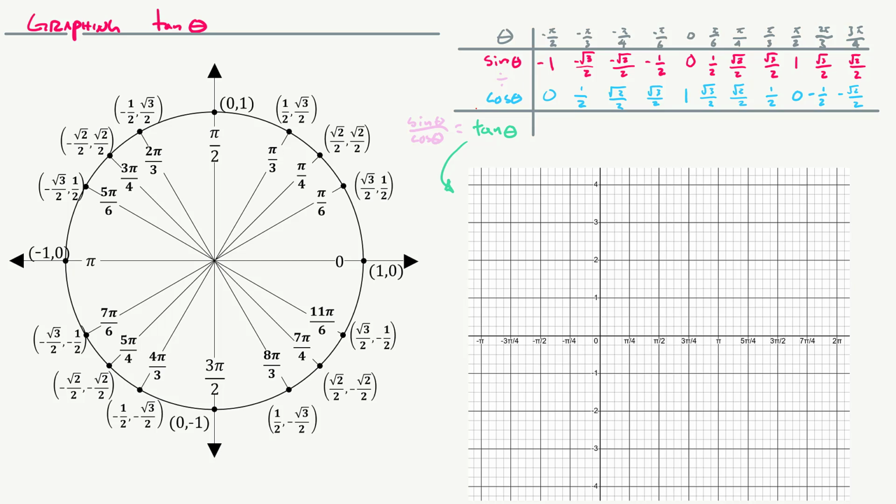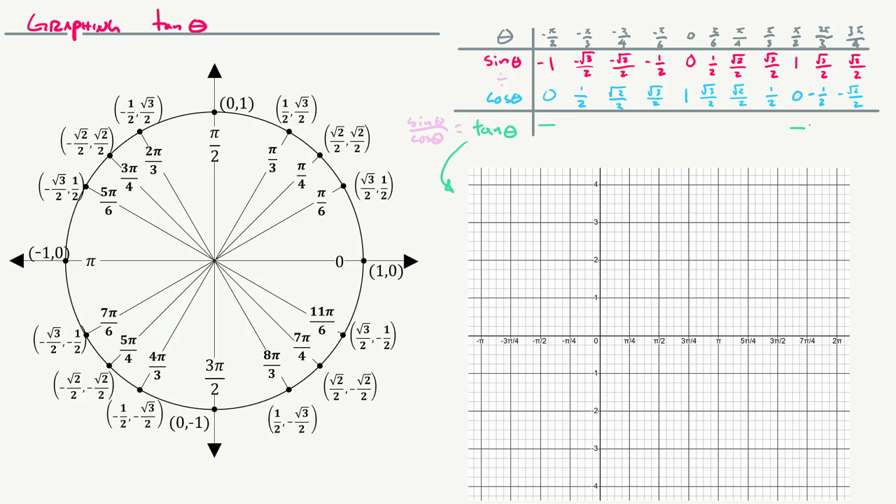So we need to figure out tangent, which is sine divided by cosine. The way that I've organized this is we're just dividing all of this stuff by the things underneath it. So I set it up like a numerator and denominator situation already. You'll notice though that right here and right here there's already a problem because 0 is going to be the denominator. So tangent is actually undefined at these pi over 2 values, negative pi over